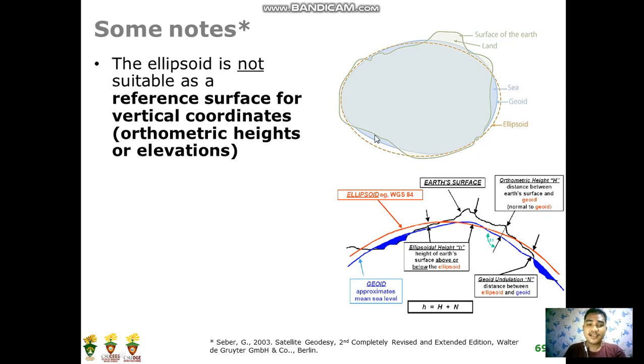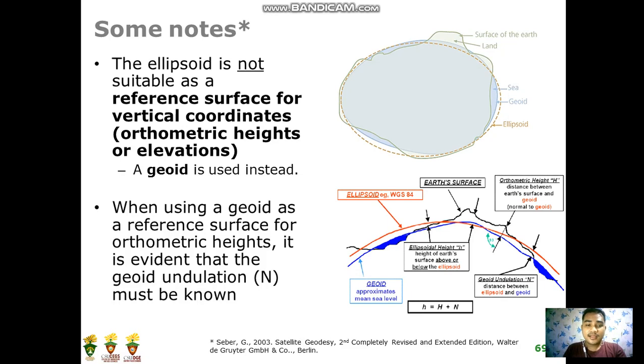So ang gamiton na niya nga surface is ang geoid, no? So a geoid is used instead in the vertical coordinates. And when using a geoid as a reference surface for orthometric heights, it is evident that the geoid undulation must be known. Geoid undulation, from this relationship, H is equal to h plus N, h plus N. So from the surface of the earth,